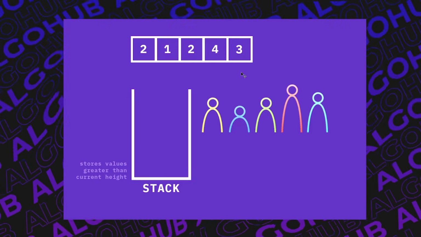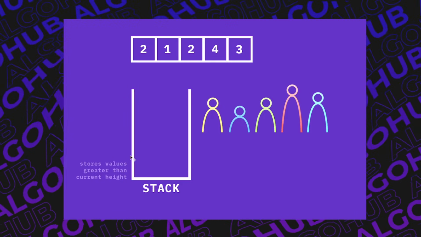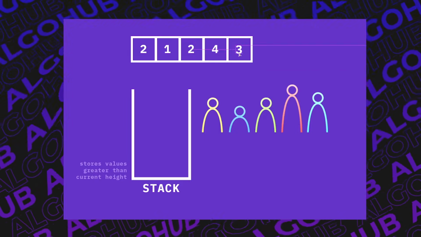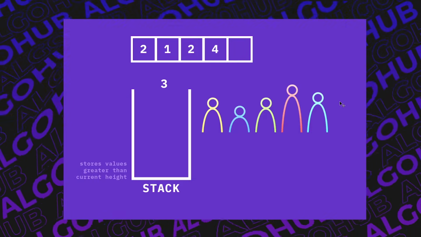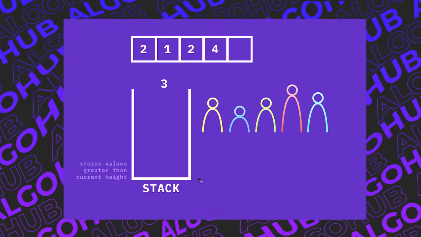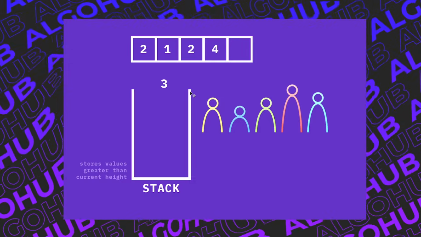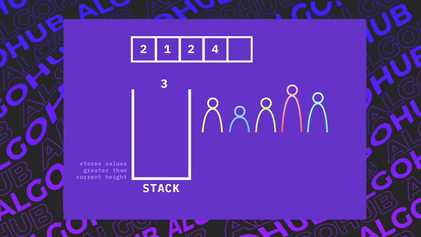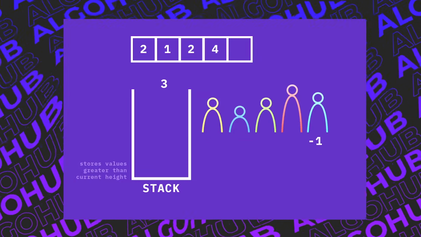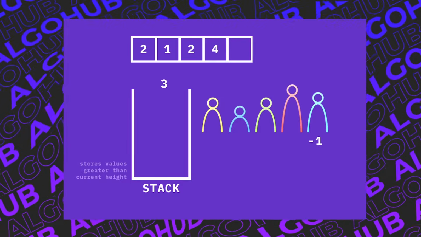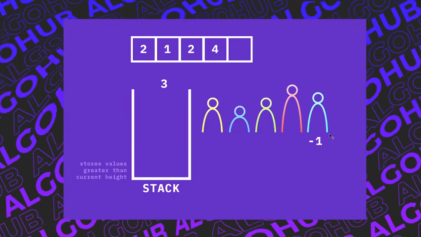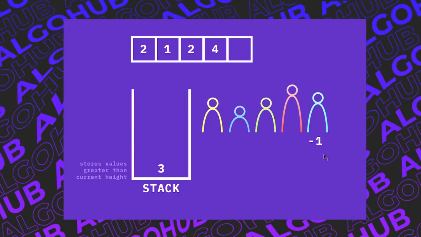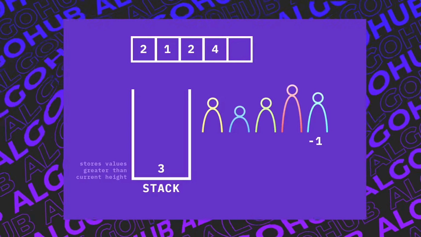So, of course, once again, we're going to be moving from right to left, and we're going to have our stack which maintains the greater values than the current height. So for example, if we were to deal with this 3 here, and this 3 pertains to this person in the blue on the right here, we see that the stack is empty. If the stack is empty, that basically means that nothing is greater than 3 so far. So what that means is we can just assign this value -1, which means that the greatest height on the right side of this person is nothing, meaning it's -1. So in that case, let's just put the 3 into our monotonic stack. And remember, this is a decreasing monotonic stack.